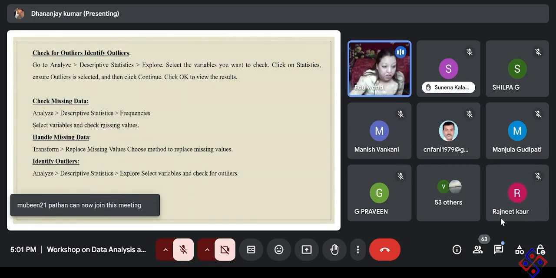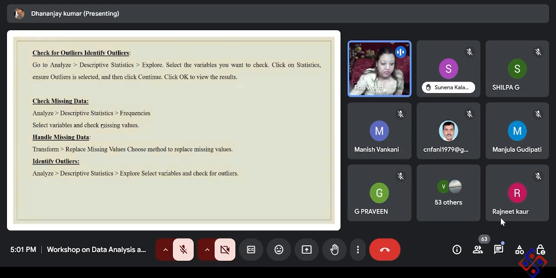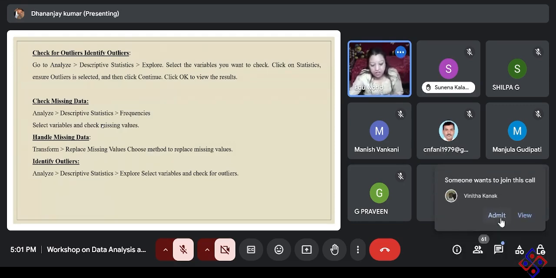Before applying any sort of test, whether we are going for the parametric or the non-parametric. Now, what is this parametric and non-parametric? A parametric test is when you have a certain set of criteria, you can go for test A. Again, when those criteria are not matching, you can opt for test B. So that is parametric and non-parametric. Now, what are those criteria? We will definitely come to that. But before opting for any sort of test,